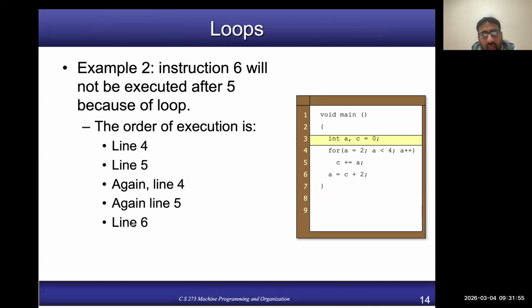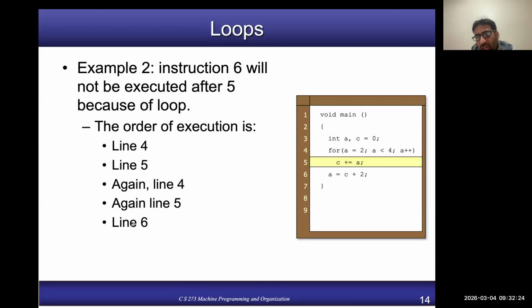Okay. Again, here's another example, which is basically a loop construct, which again doesn't follow the linear program execution. So first you are setting variable c equal to 0, and then you are entering the loop body by first setting a equal to 2, and then you are entering the body of the loop. So after the three statements on lines 3, 4, and 5 are executed,